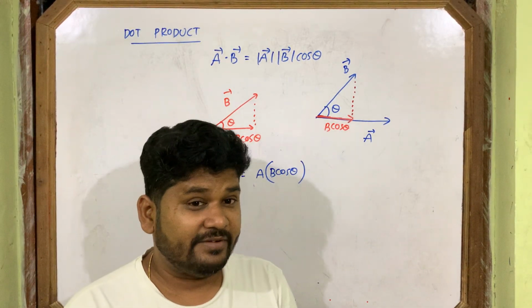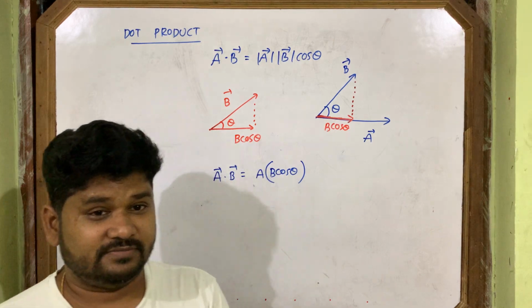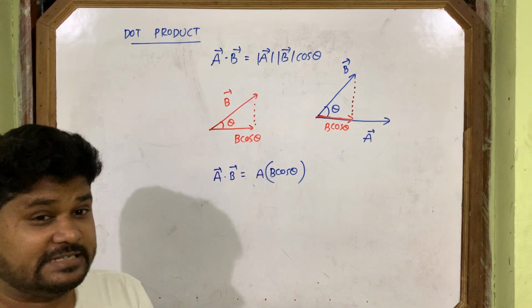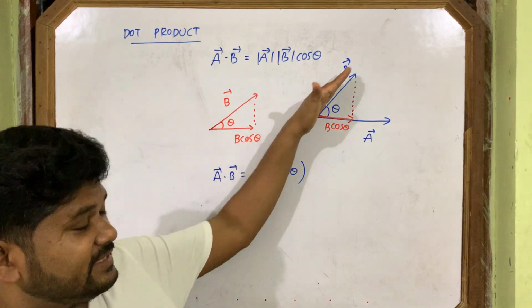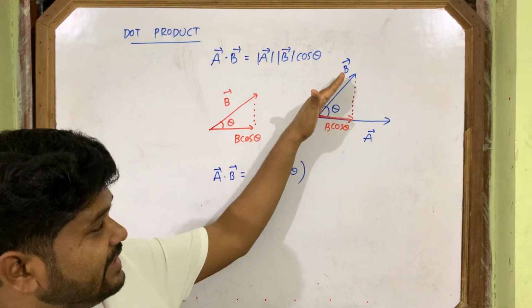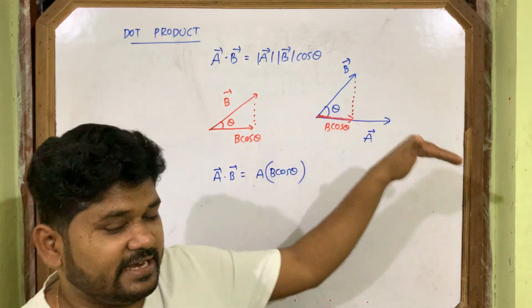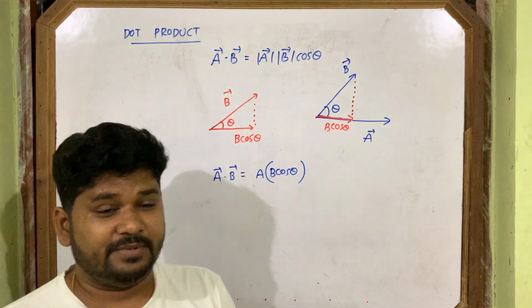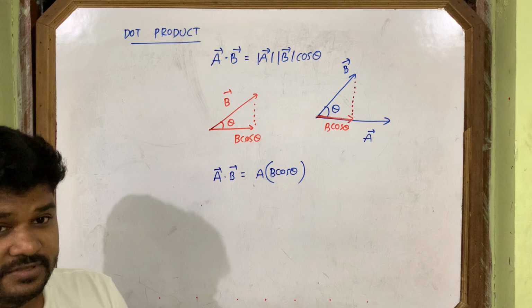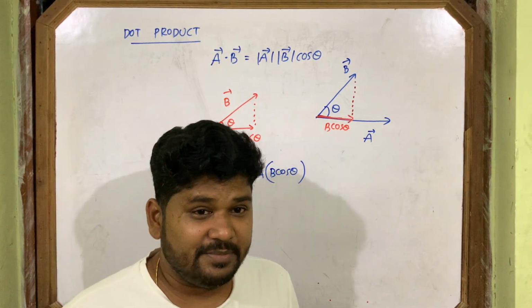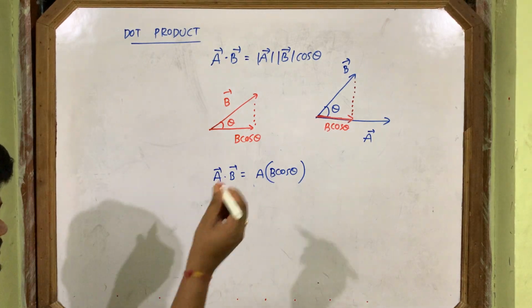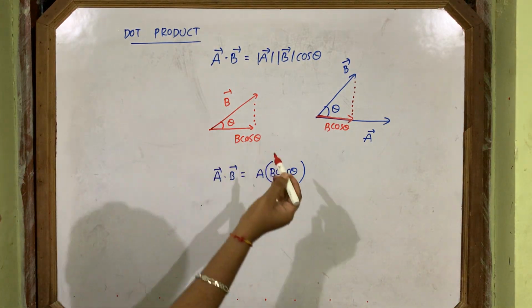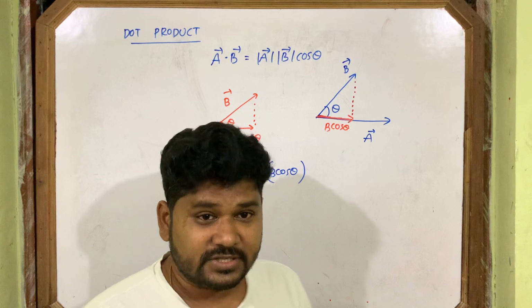So this is the definition of dot product. This is the physical meaning of dot product. If one vector is acting like this, how much effect it has along this side. This is the physical meaning of a dot product. Exactly, the physical meaning we'll understand in our day-to-day life. Now you see, I'm explaining in day-to-day life what is the application of this dot product.